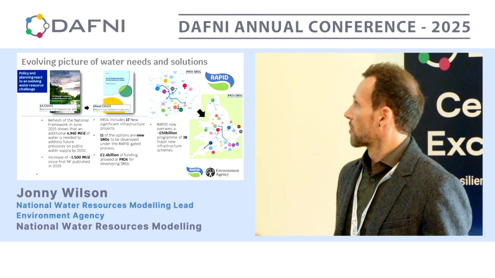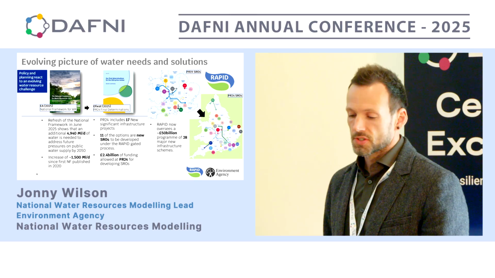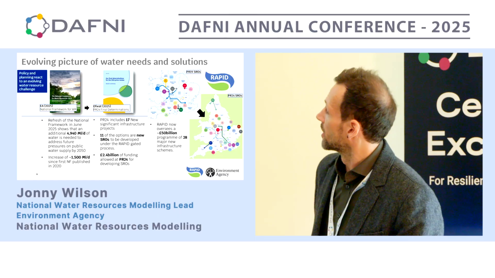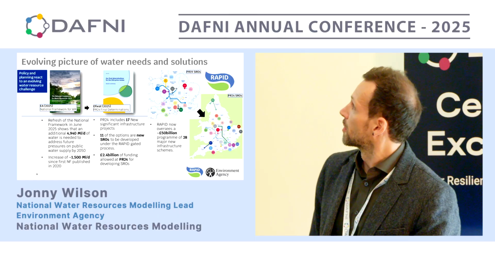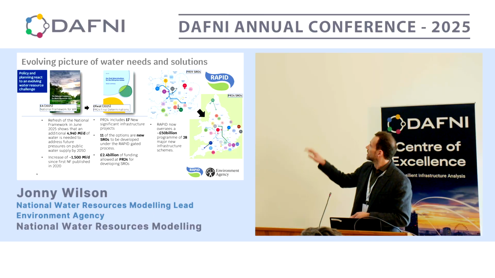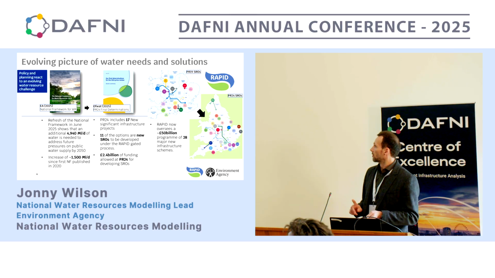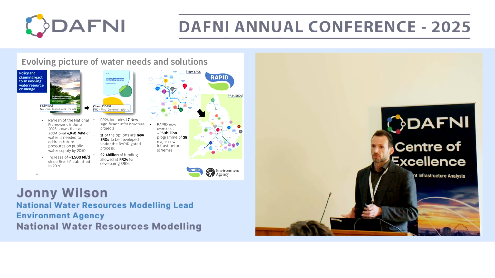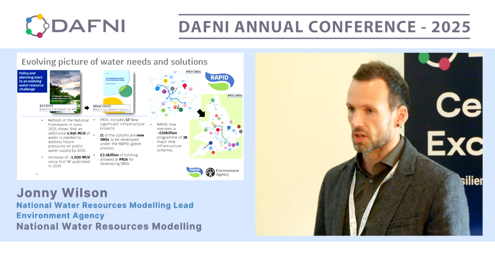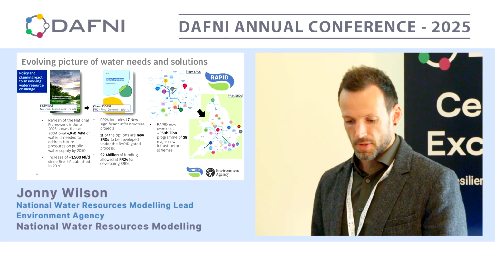So RAPID in itself has also grown in remit alongside those challenges. Back in 2019, the spatial coverage of the options looked like the map with the grey background, and now in PR24, it looks like the map with the green background. So you can see there's not only more options, but they've got a greater geographical spread. So we're really starting to look at a national scale set of options to meet our water needs, and really quite big strategic options to meet those needs as well. And the money behind that has also increased quite significantly. So that programme of options is now looking at around £50 billion worth of investment in total.